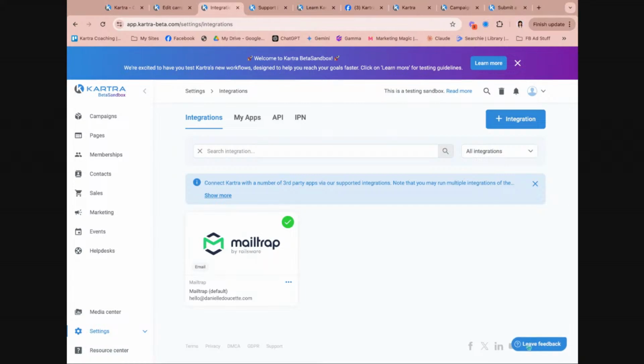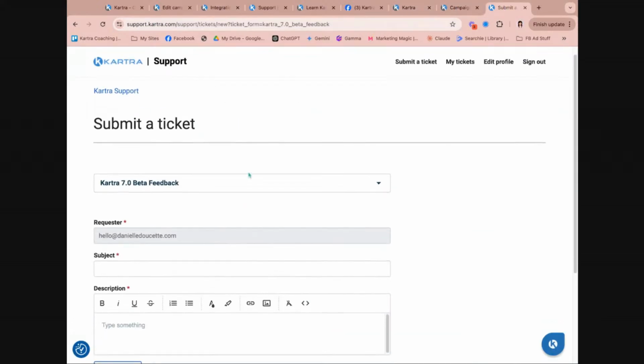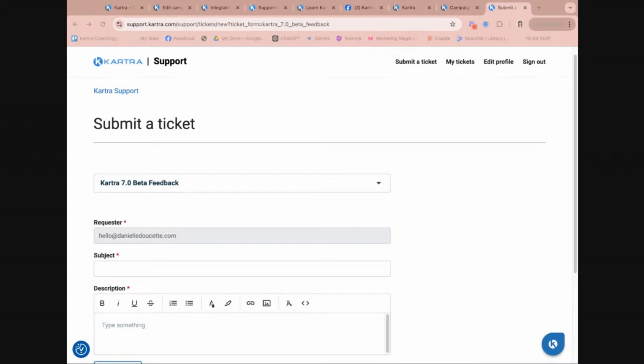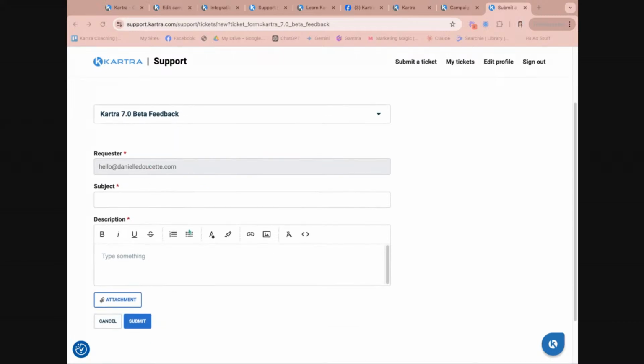Okay. So in the bottom right, you'll see leave feedback. And when you click on that, it'll take you to support where you can log in and submit a ticket. And it says Kartra 7.0 beta feedback if you click on it from the sandbox area. So, this is also where you can go to open up a ticket for other things as well. But if you click on that in the bottom right to leave feedback, it's going to ask you here to open up a ticket. This is where, if you find something that you were hoping would be here that would be helpful and you think it would be helpful for everyone, then share it in a ticket. If you find something that doesn't look right and you want to share that as well,